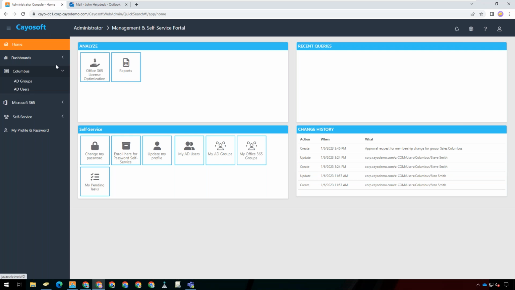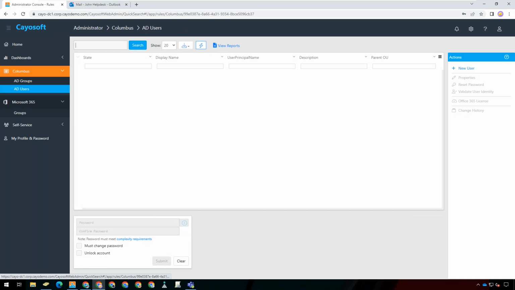So for example, this is a Columbus help desk user for me. He only has access to see the Columbus unit, and he only has access to users and groups here. So he can't do anything with contacts. He's really limited with what he can do based on what I've given him access to do through the tool. And for 365, the only thing he can look at is groups. So once you've defined that,